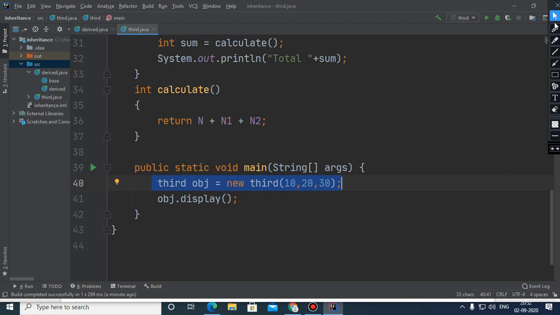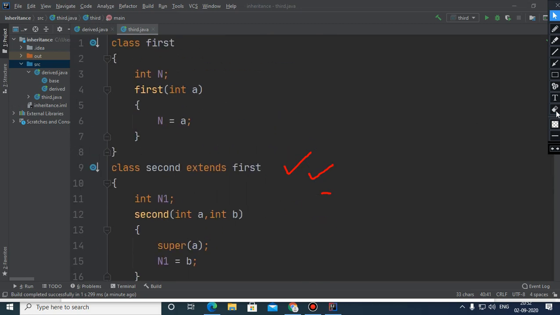The first value belongs to the first class, the second value belongs to the second class, and the third value belongs to the n2 variable of the third class. So this is how you can implement multi-level inheritance.